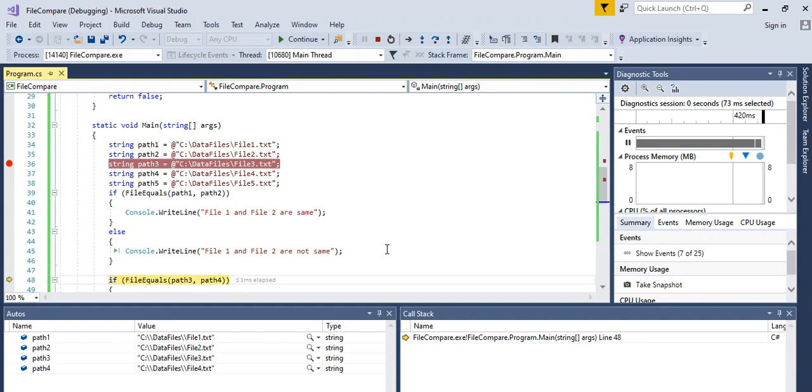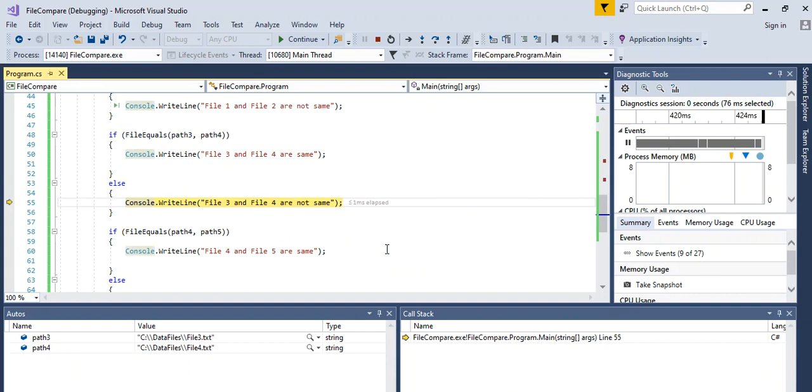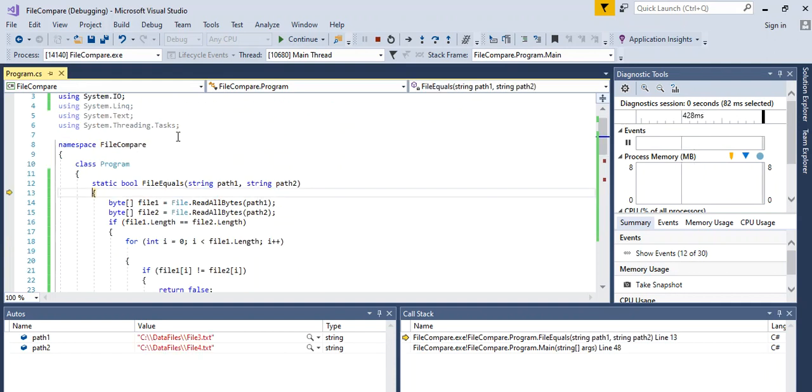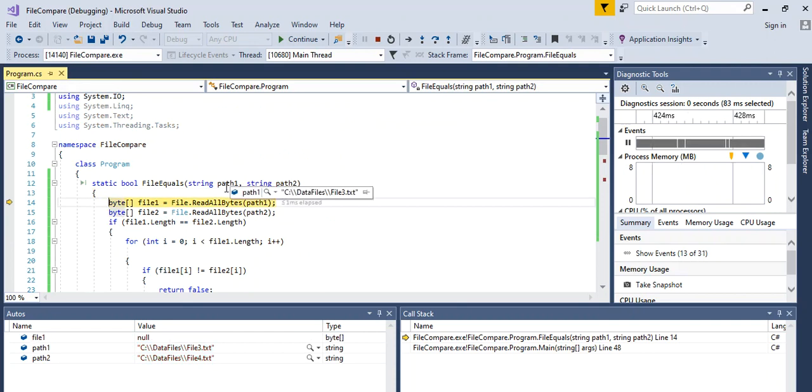And now we will compare file 3 and file 4, and it will return that file 3 and file 4 are not same. I'll just go ahead, and let's check it once for you guys. Okay, so here are file 3 and file 4.